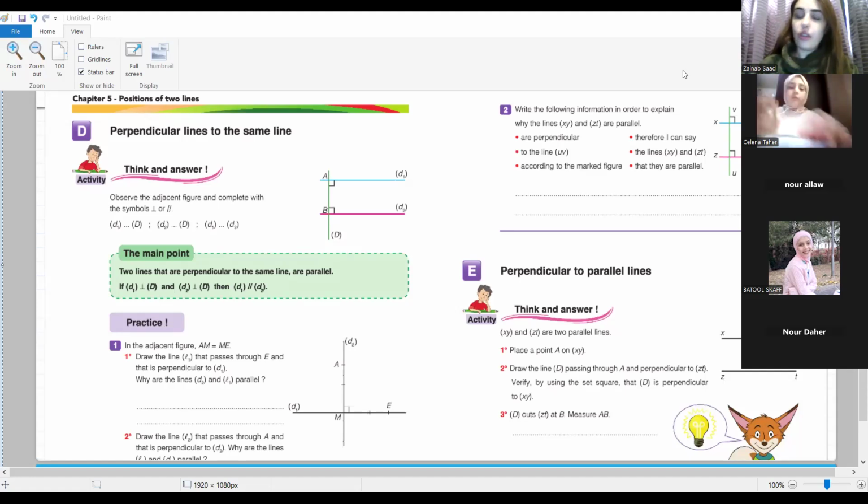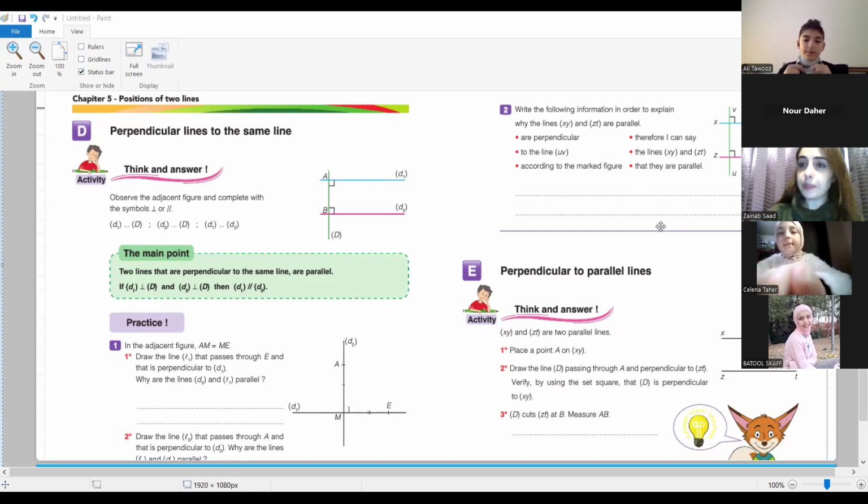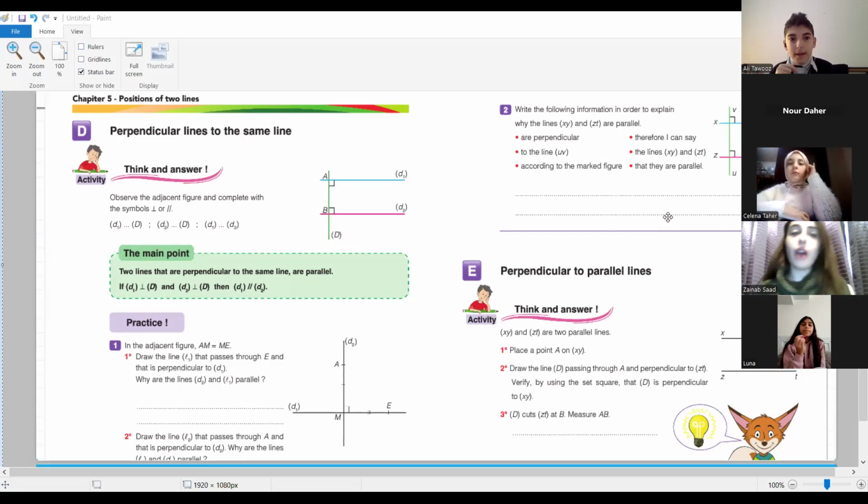Kaman, you know it already from last year, which is perpendicular lines to the same line. Who can tell me, if we have two lines that are perpendicular to the same line, how they are together? Do you remember this rule from last year? If you have two lines that are perpendicular to the same third line, then Ali, what do we say about them? They would be parallel. Bravo, excellent. So when we have two lines that are perpendicular to the same third line, they are parallel